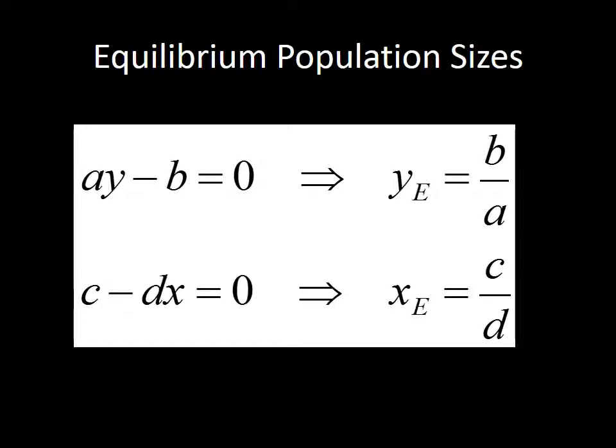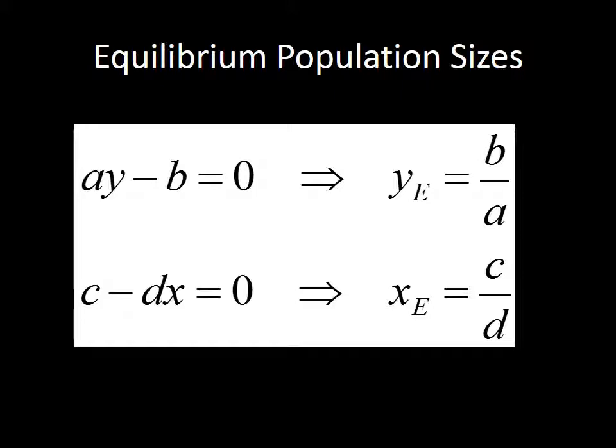One for the prey, y sub e, which is found as the rate b divided by the rate a, and another equilibrium population for the predator, x sub e, which is found by the ratio of constant c divided by constant d. That's very simple: just setting the right-hand sides of the equations to 0 and solving for